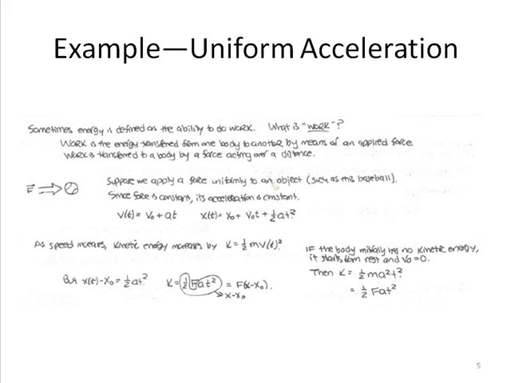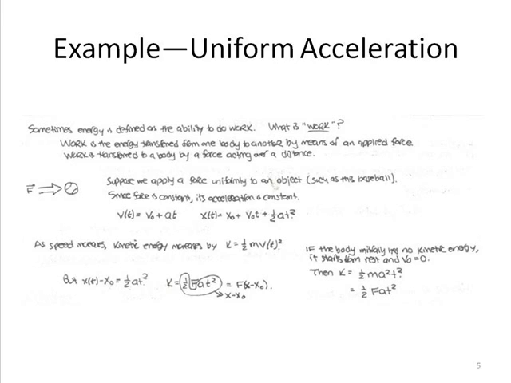An example of how kinetic energy is related to the work of a body is an example of a body that's undergoing uniform acceleration. This illustrates what we mean by work. Suppose we apply a force F uniformly to a baseball. It has a certain mass, and by the equations of motion that we covered in a previous chapter, we know